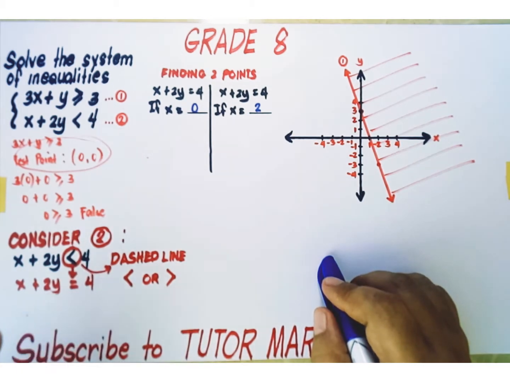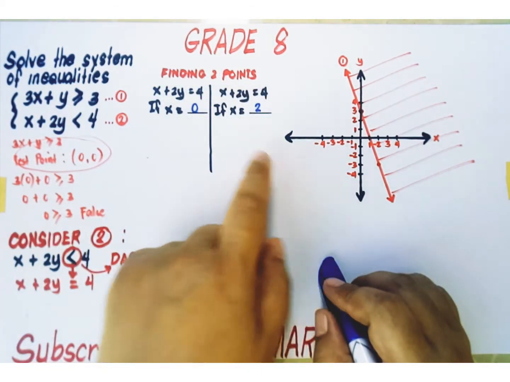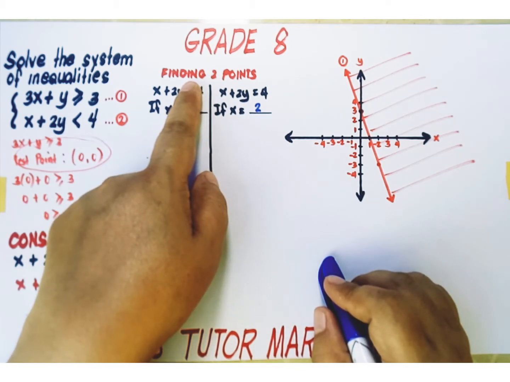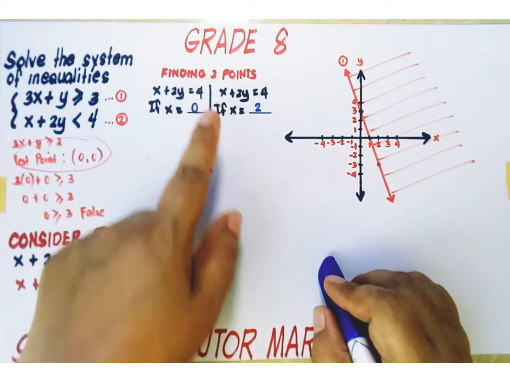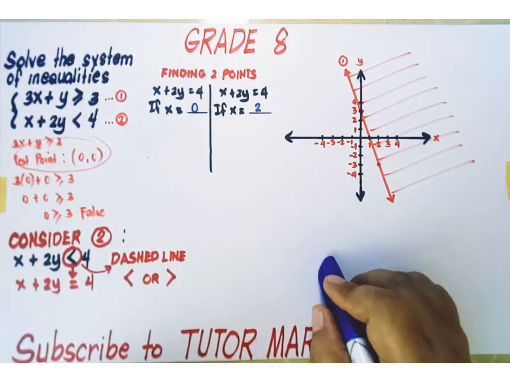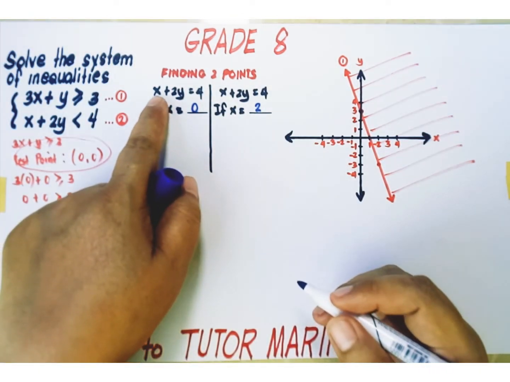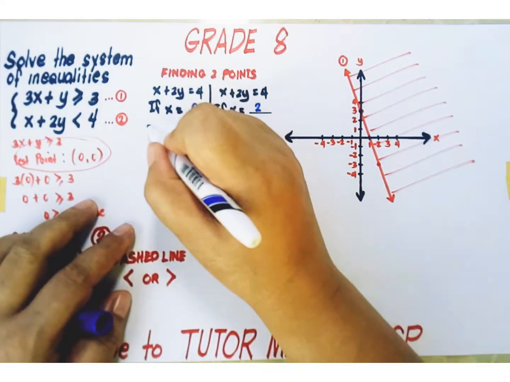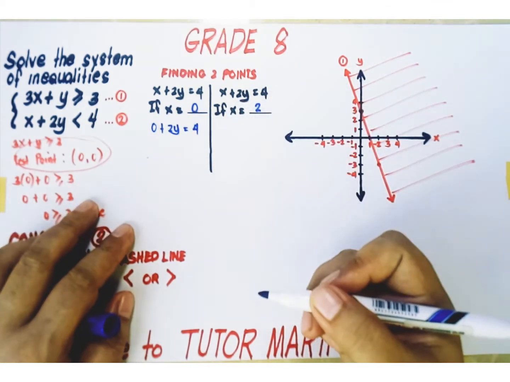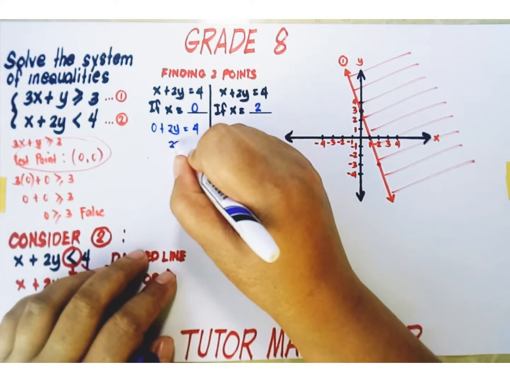And we are going to use the same method, which is finding 2 points. To find 2 points, again, we can choose any values of x and then solve for the corresponding values of y. Again, I am going to choose x equals 0 and x equals 2. To solve for the corresponding value of y, let's substitute x equals 0 into x plus 2y equals 4. 0 plus 2y equals 4. Any number added to 0 is still equal to the number. So the left side is 2y